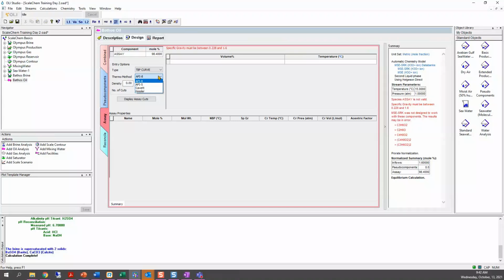So the software has 4 options: API 8, API 5, Kaved and Kessler. And for this example, we are going to use the API 8.